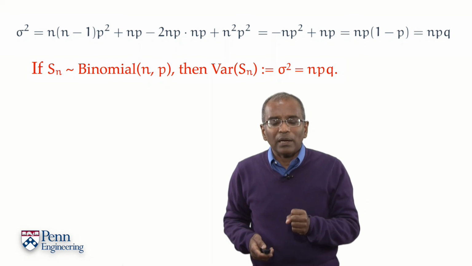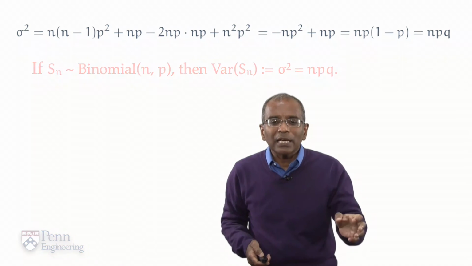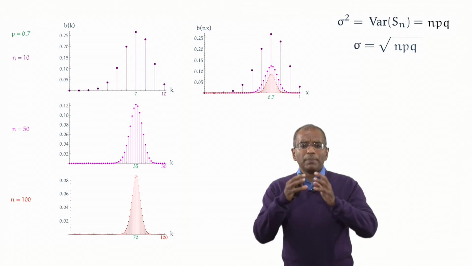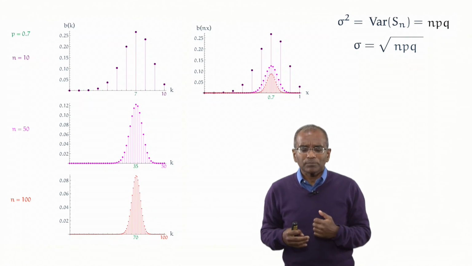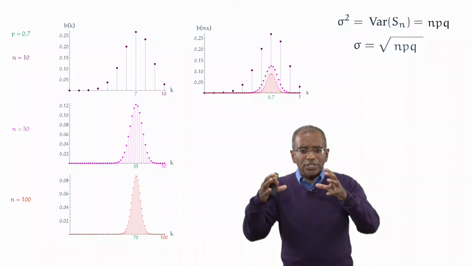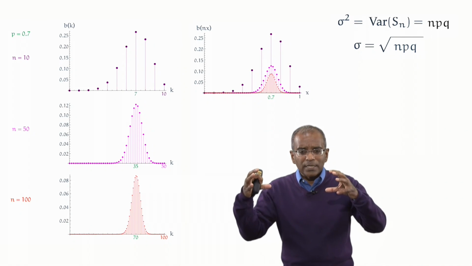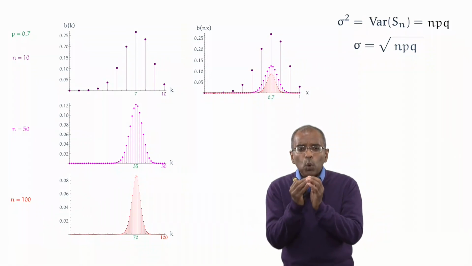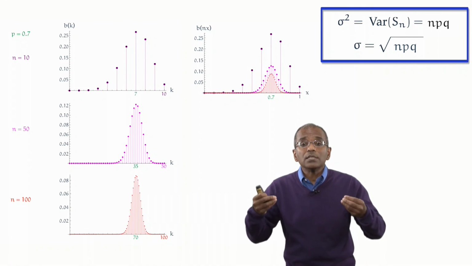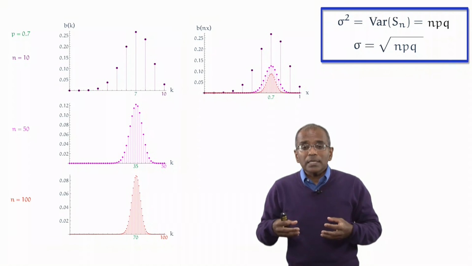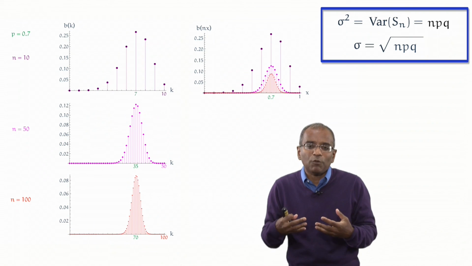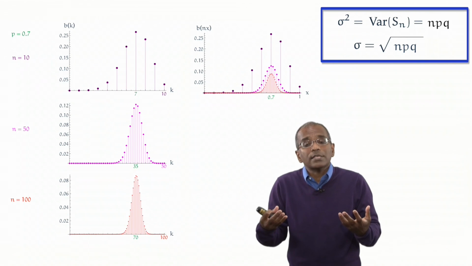We should very quickly consolidate by taking a look at a picture. So let's go back to the setting where p was 0.7 and we varied n. Now we say that the concentration of the distribution of the spread around the center is now quantitatively clear. Remember, the variance is n times p times q. The standard deviation, or the true measure of the spread, is the square root of the variance and therefore behaves like the square root of n times pq.